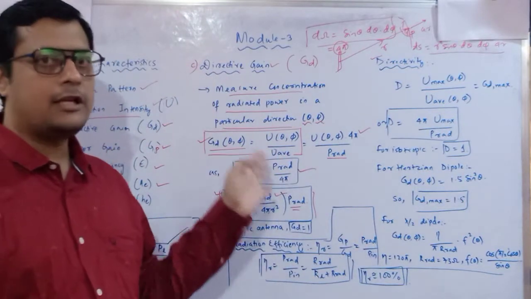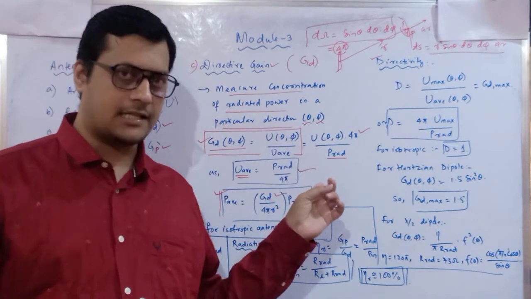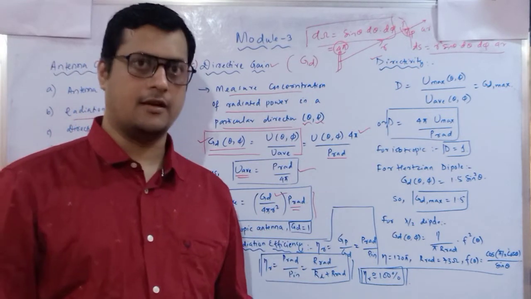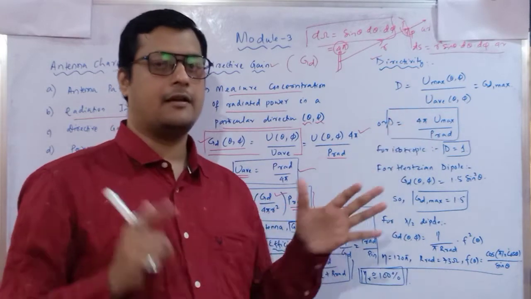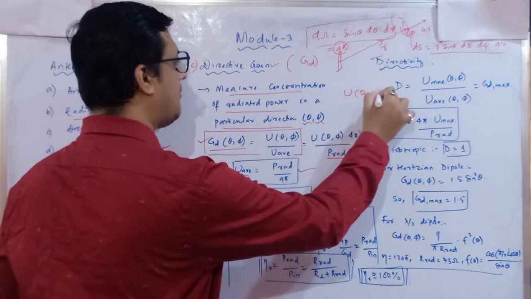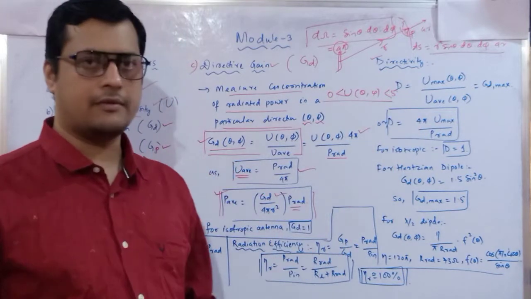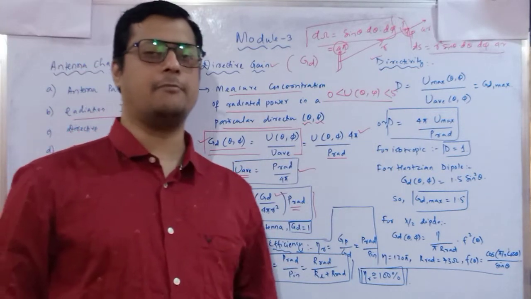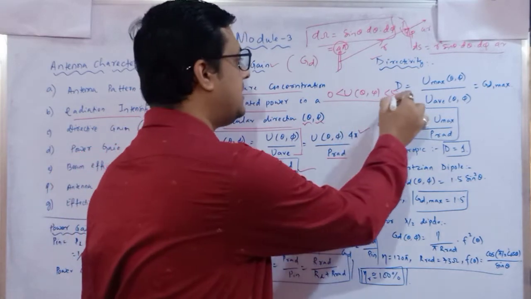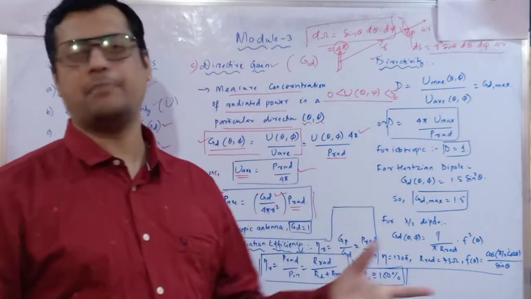Here it is only the radiation intensity with respect to average radiation intensity. It is not the maximum. It is the value we are identifying at a certain point, with a certain variation. But suppose U of theta comma phi lies between 0 to 5. In this case I can put 0 also, I can put 5 also. But if I put 5, which is the maximum value with respect to the average value, then it is called directivity. So this is the simple difference.